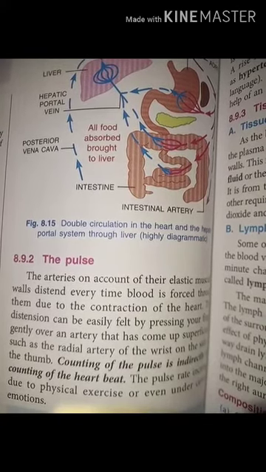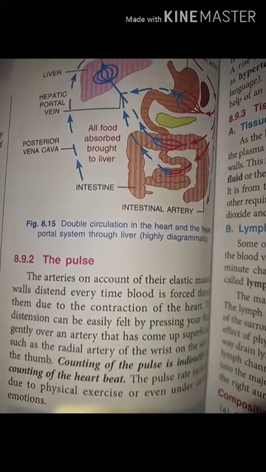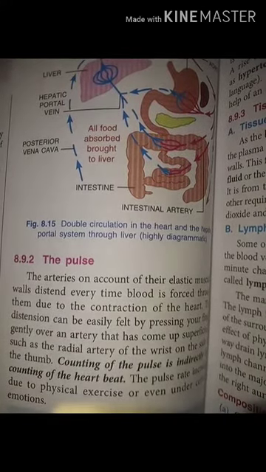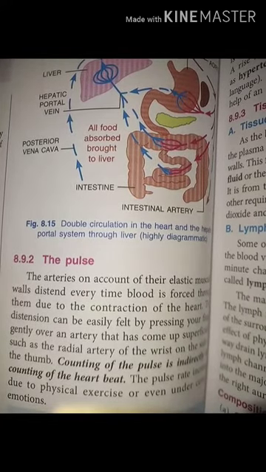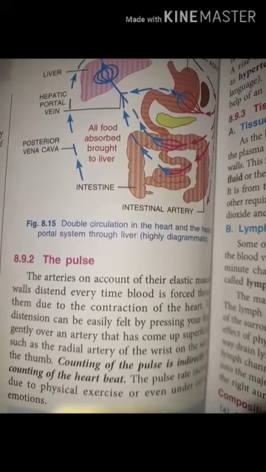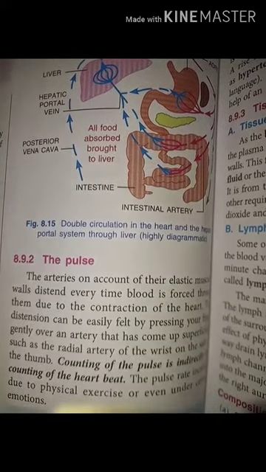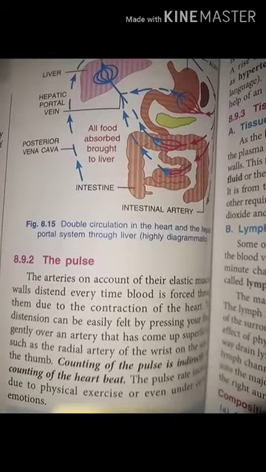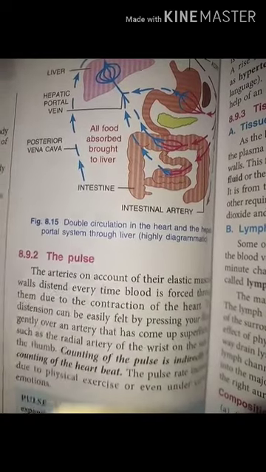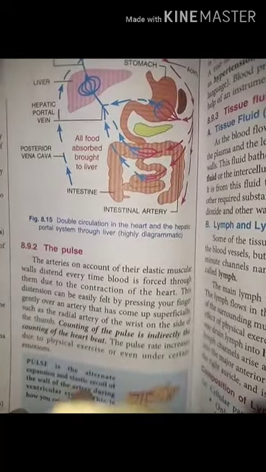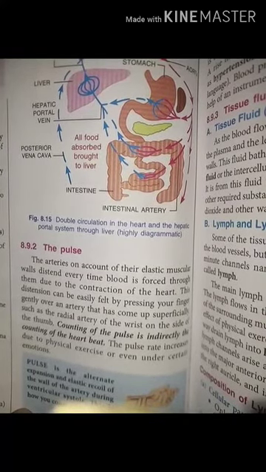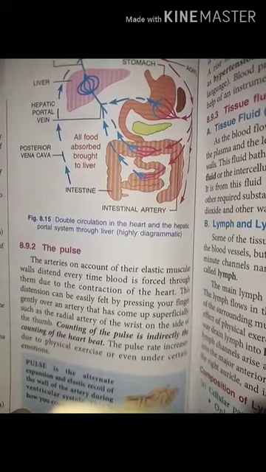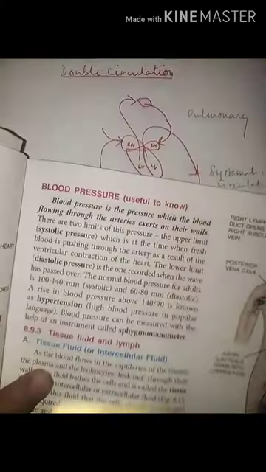So when ventricles contract, blood rushes into the arteries and into the arterioles with a great pressure, with a jerk, and due to that pressure the arterial wall undergoes contraction and relaxation. That alternate expansion and elastic recoil of the wall of the artery during ventricular systole is called pulse. Clear all of you?